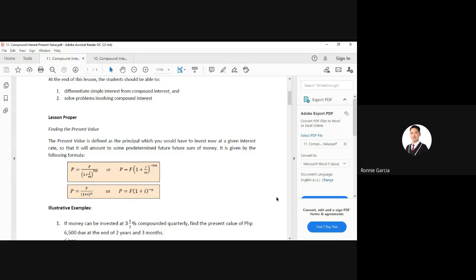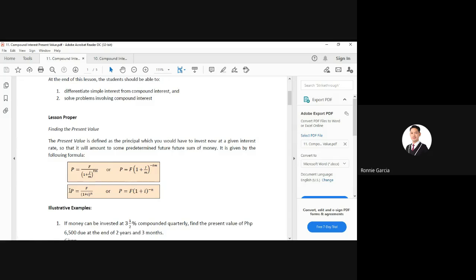Since the unknown is not F anymore, so i-change nimo or i-derive nimo ang formula, dapat ang P ang unknown. So if you can still remember your basic algebra, if you are going to derive the formula, so para mabilin ang P, since P or present value or principal is the unknown, para mabilin siya sa equation sa isa ka side, ang katong iyahang katapad nga the quantity of 1 plus I raised to the power of N, atuwa siyang